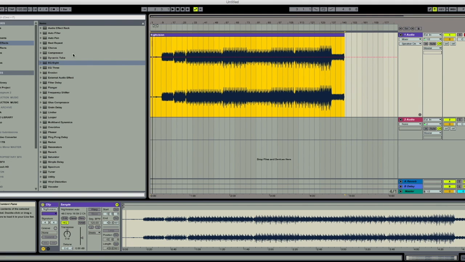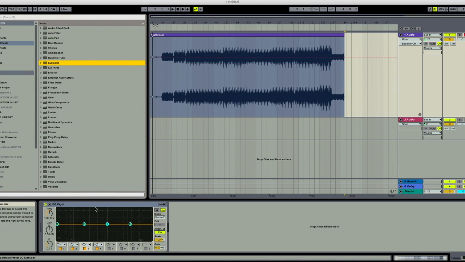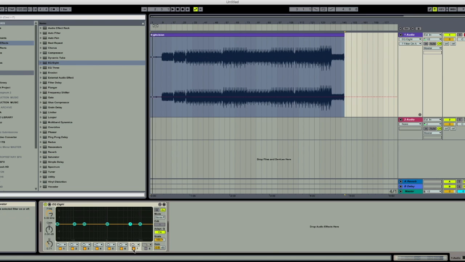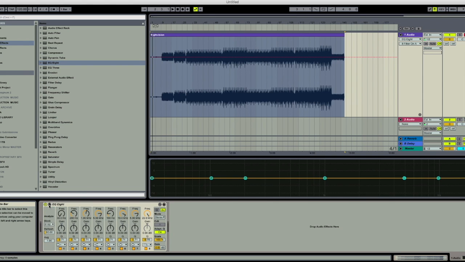So the first thing I'm going to add to this track is an EQ8. Now I'm not sure what the equivalent would be in another DAW like Logic or Pro Tools, but you basically need an EQ that you can have multiple frequency points like this, okay? So if I press this symbol here, which is the display toggle, then I can look at the actual frequency spectrum here. And what we're going to do is create very narrow frequency bands with these frequency selectors, so we can sweep through and detect any resonant frequencies that are going to pose potential problems when we go to actually